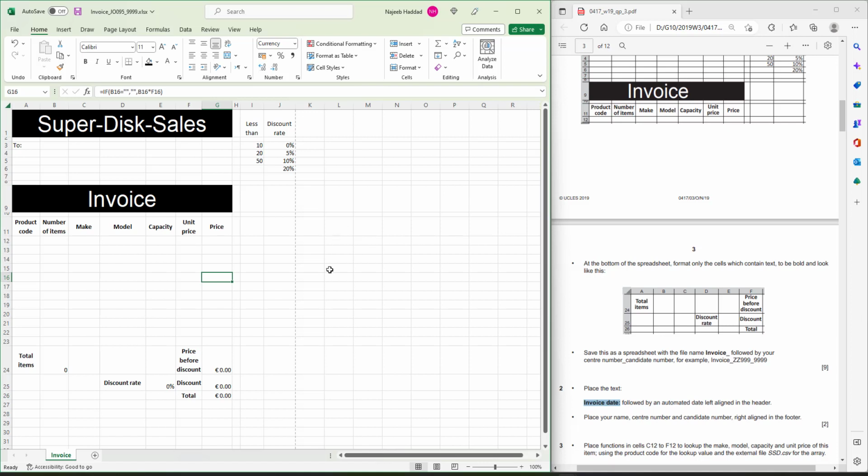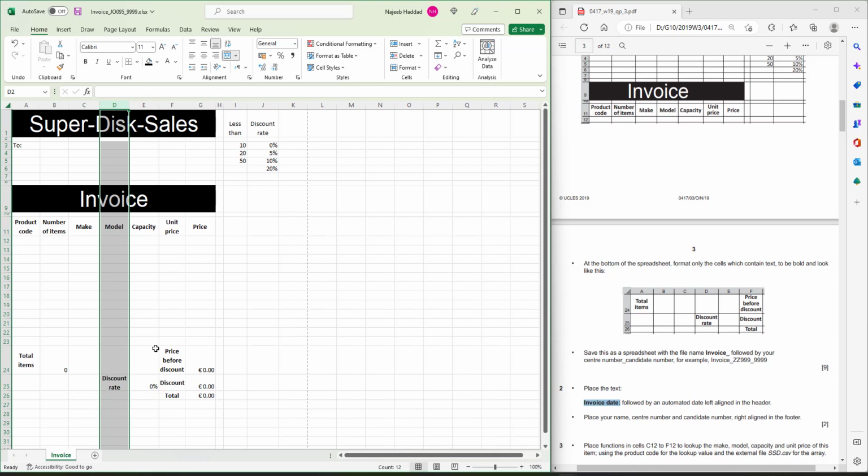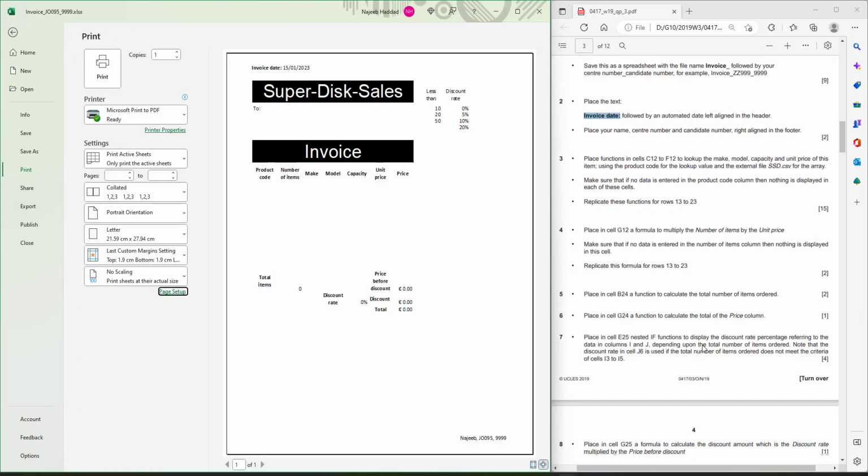اوكي يا جماعة، قبل ما نطبع بدنا نتأكد انه الفورمات تبعي نفس الفورمات اللي كان موجود هون. الديسكاونت ريت لازم ترجع wrapped بالشكل الموجود عندي. discount مظبوط، total مظبوط، before مظبوط، total item مظبوطة، هدول كمان مظبوطين. هلا له فايل print